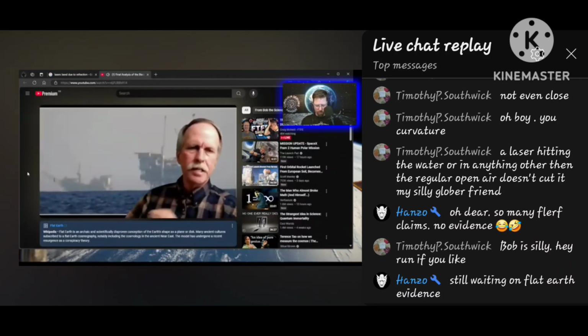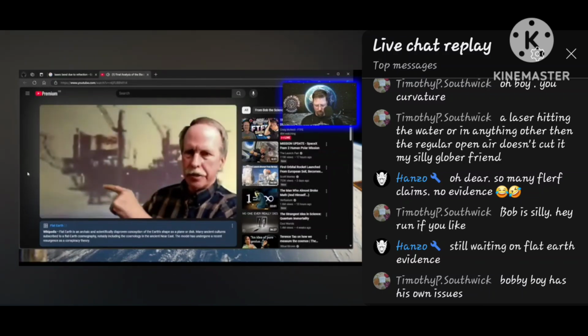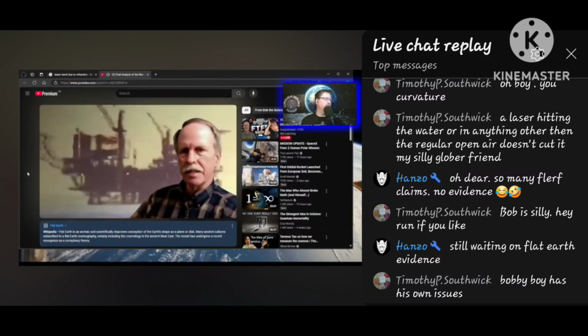Now let's have a look at this undistorted photograph taken from approximately the same elevation and location as the first. On the left, you see platform Habitat. Behind my fat head, you see platform Hill House. You've noticed that Timothy is starting to resort to ad homs because his flat earth narrative is being crushed right before his eyes. Let's have a look at Habitat very closely. I want to call your attention to that deck right there. Sticking out from the side of Habitat below the flame boom, there is a very prominent deck. Brandon and I looked at that. The bottom of that deck is 40 feet above the water.